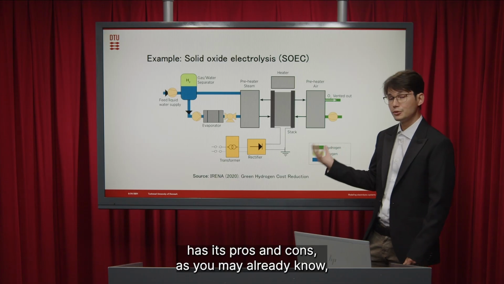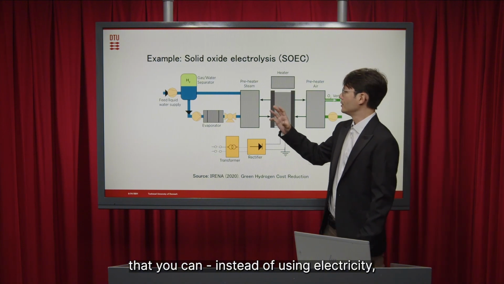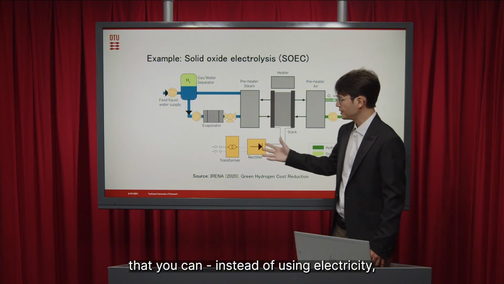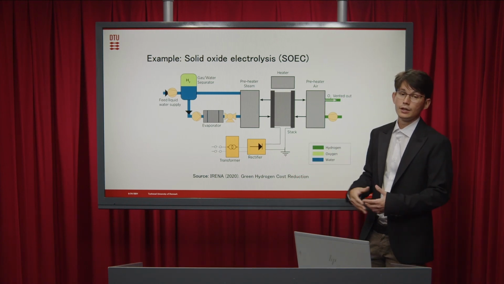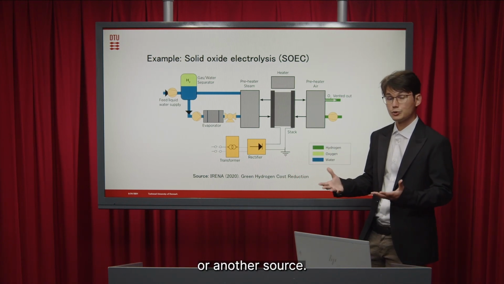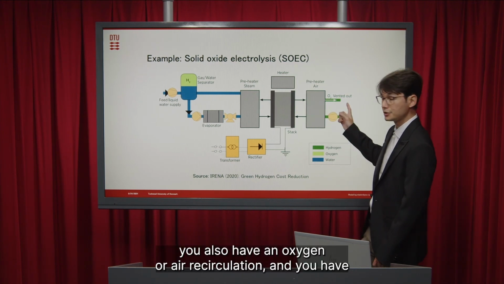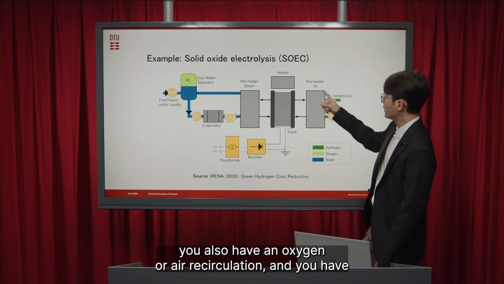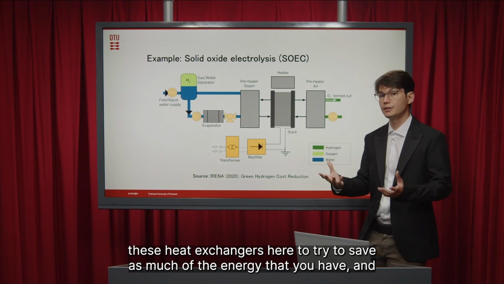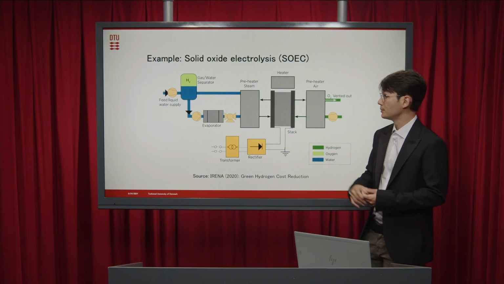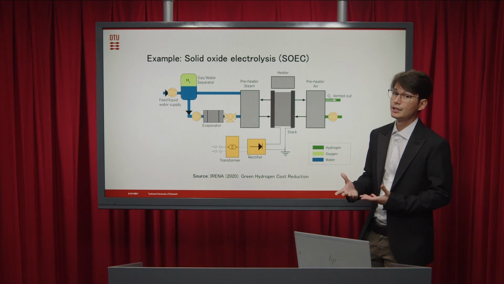And that has its pros and cons, as you may already know: instead of using electricity, you can use a little bit of heat from another process or another source. On the other side, you also have an oxygen or air recirculation, and you have these heat exchangers here to save as much energy as you can